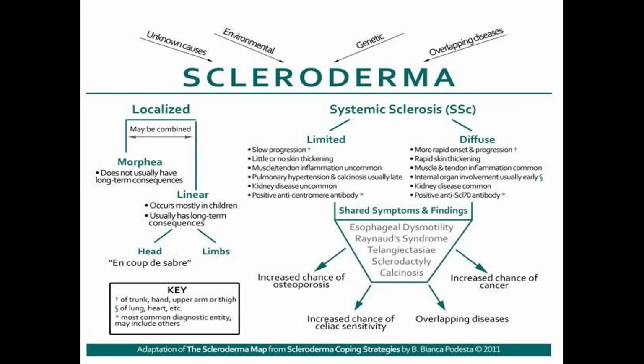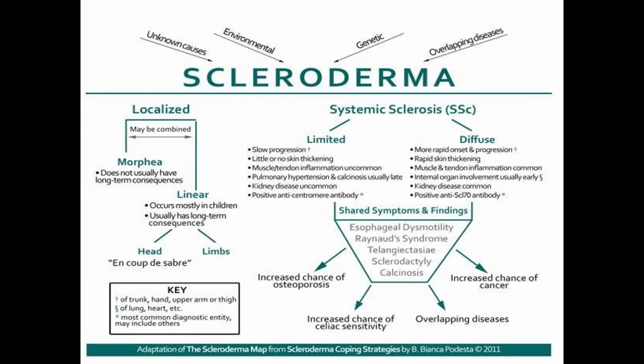Limited shows slow progression, little or no skin thickening, muscle tendon inflammation uncommon, kidney disease uncommon, positive anti-centromere antibody. Diffuse, more rapid onset and progression, rapid skin thickening, muscle and tendon inflammation common, internal organ involvement usually early, kidney disease common, positive